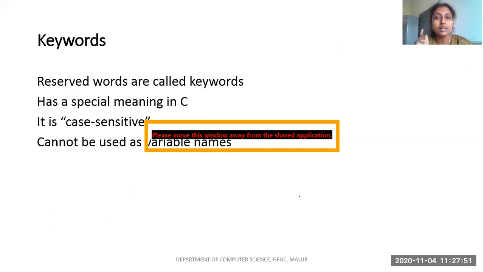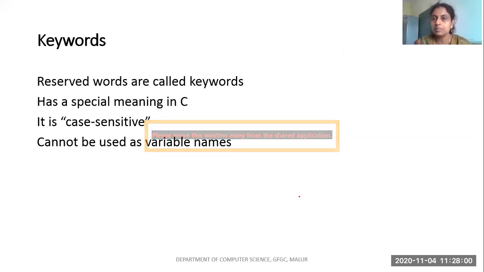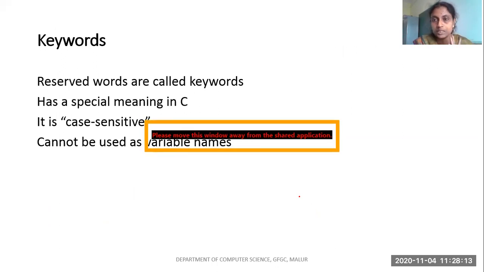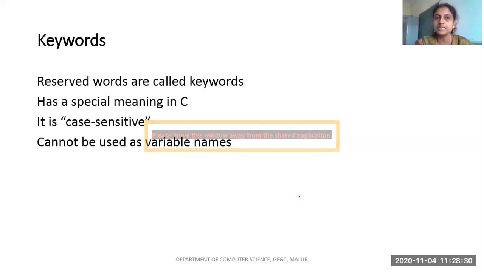If you remember phone numbers 100 and 108, these are all reserved for certain purposes. I think all of you know 100 means police station, 108 is ambulance. These numbers are reserved for a certain purpose. I can't keep my phone number as 100, because only police stations will have that number. So 100 has been reserved for the police station. Like that, when you are writing a program also, certain words are kept as reserved words. Those words are called keywords. Reserved words in programming we call keywords.